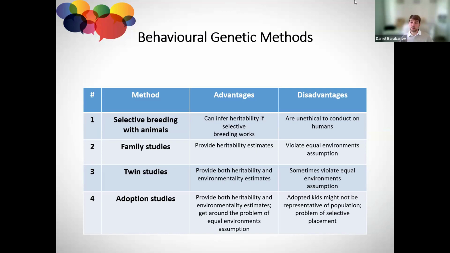But we also have dizygotic twins, who share 50% of the genome. So they are basically just regular siblings who were born at the same time. In this sense, if we see a difference between them, it might be due not only to environment, but also to genetics. So comparing dizygotic and monozygotic twins, identical twins, can provide us with a lot of interesting insight into how different personality characteristics might be inherited and what the role of environmentality is.